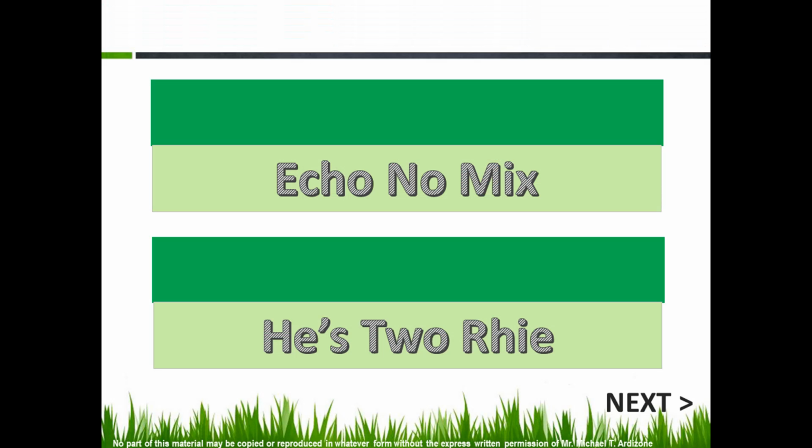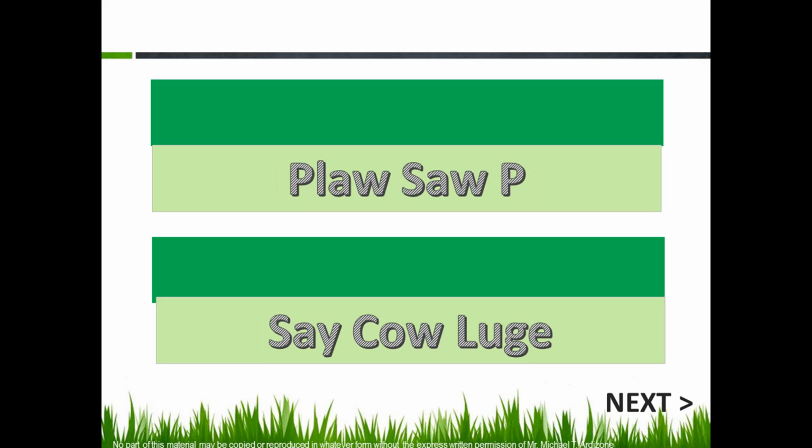Yes, you've got it right. It's economics. Economics is a social science discipline concerned with the production, distribution, and consumption of goods and services. Number 2. History. Correct. It's history. History is the study of the record of past events considered together, especially events of a particular period, country, or subject.